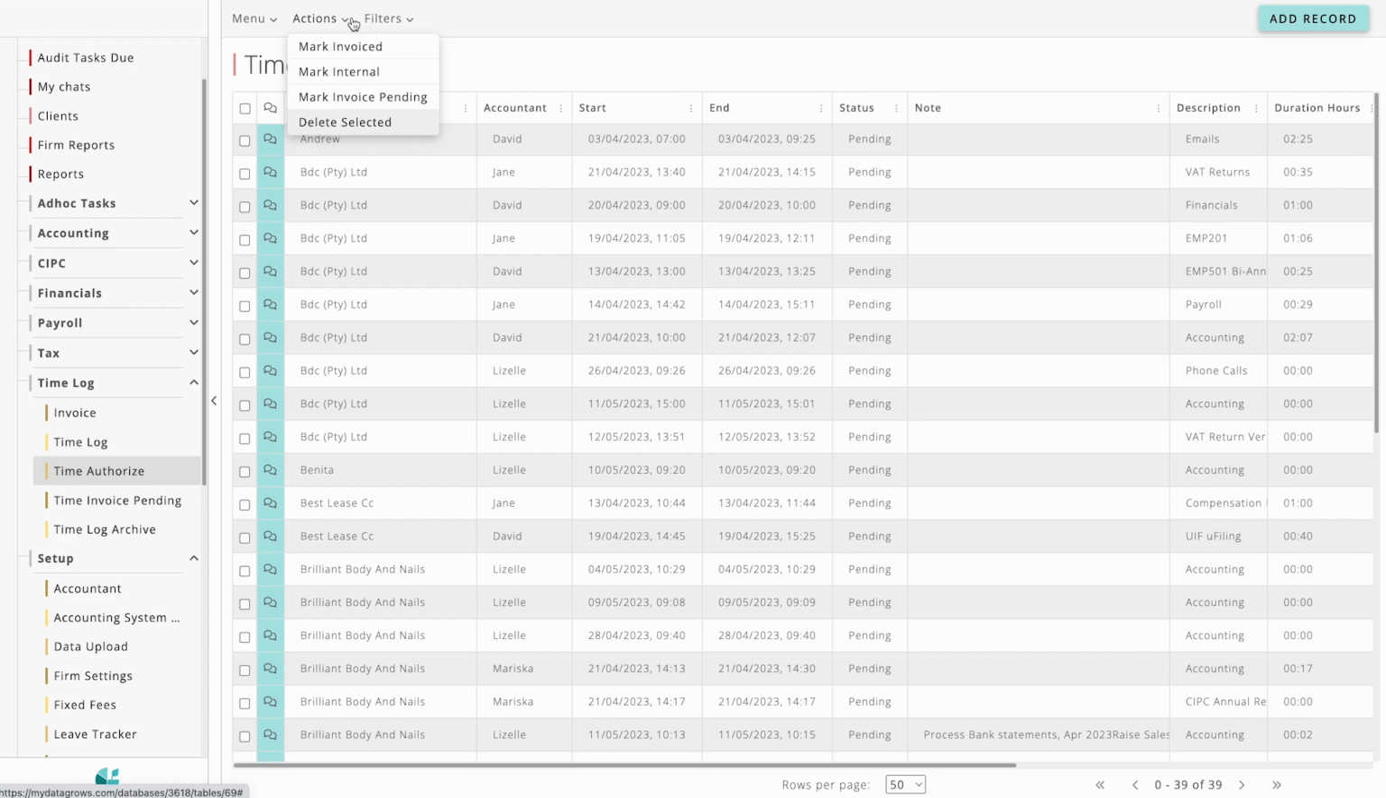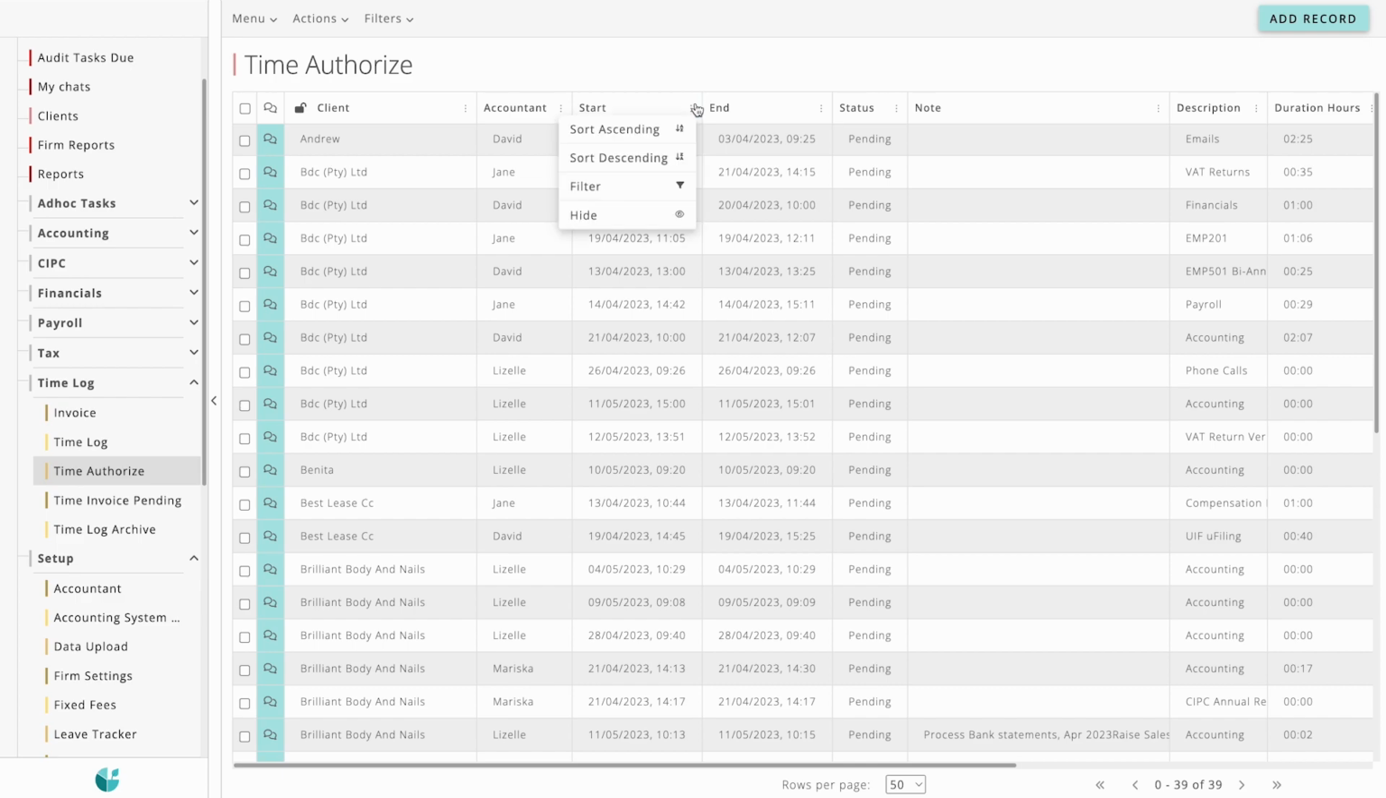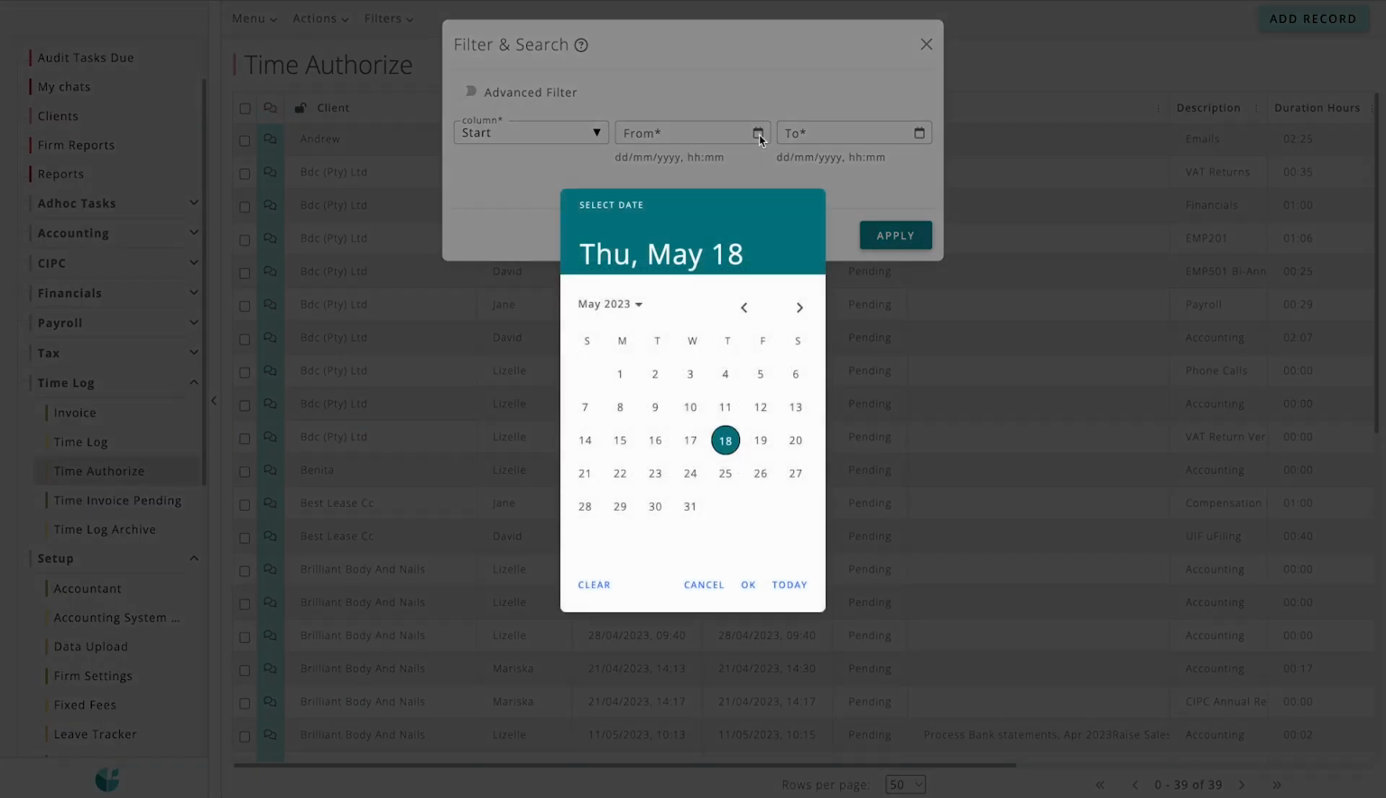So that is this button over here. Here you will see you can now action this time once you have approved it. How I would typically use the table is filter on a date range that I'm ready to bill for. And so if we focus on our April time here, I'm going to filter on the start period, and I'm